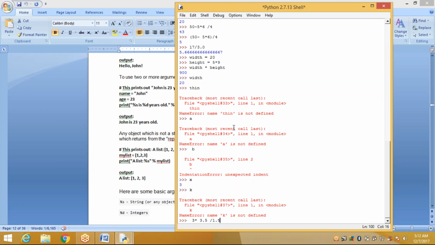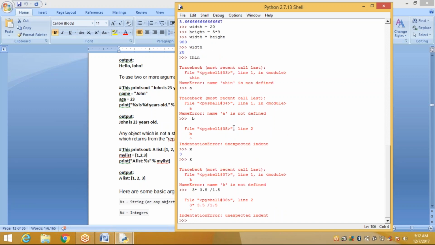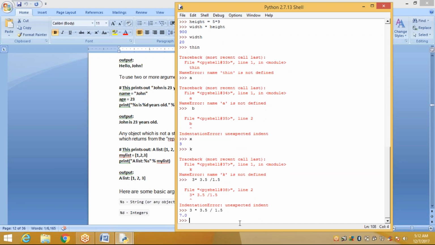Multiply 3 into 3.5, then divided by 1.5. So we got a value of 7 point something, 7.0, right? 7.0 by 2 is how much? 3.5.